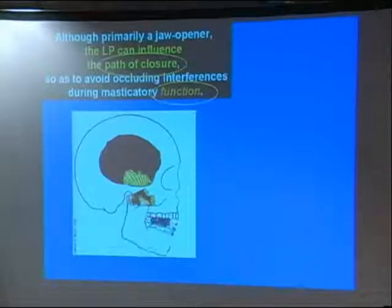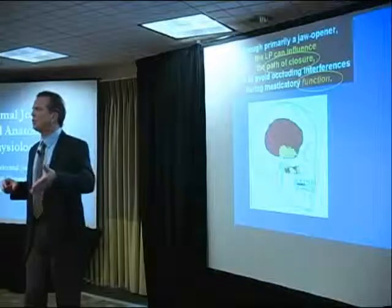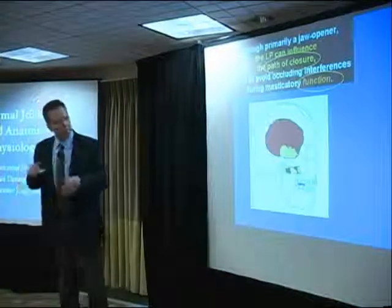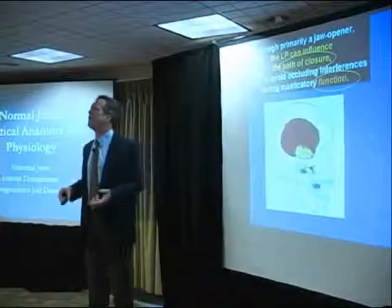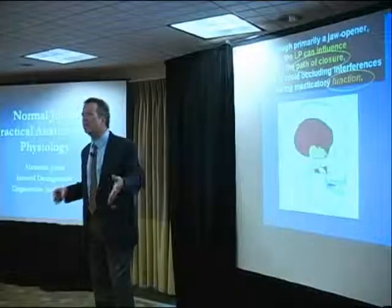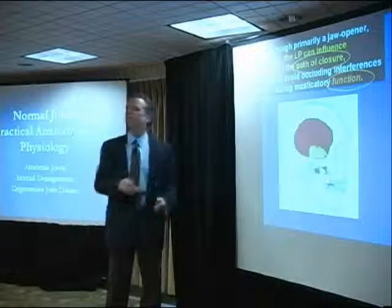Let's make that molar have a little extra bump on it. And when that extra bump resides there, it's now interfering with the arc of closure. The condyle can no longer achieve its most superior position because this tooth is interfering with its path to CR. When they say interference to CR, it's during closure that the condyle can't arrive there because the interference prevents it